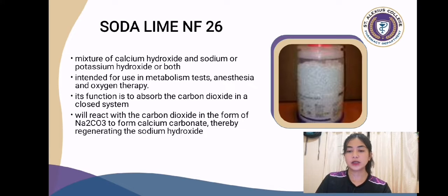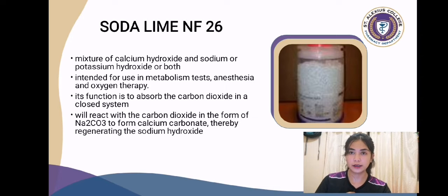Next is the soda lime USP. It is a mixture of calcium hydroxide and sodium or potassium hydroxide, or even both, intended for use in metabolism tests, anesthesia, and oxygen therapy. It has the function of absorbing carbon dioxide in a closed system. It will react with the carbon dioxide,